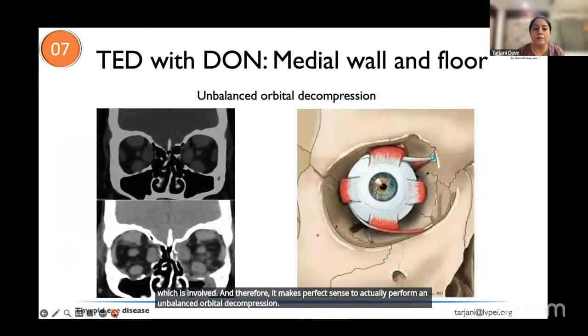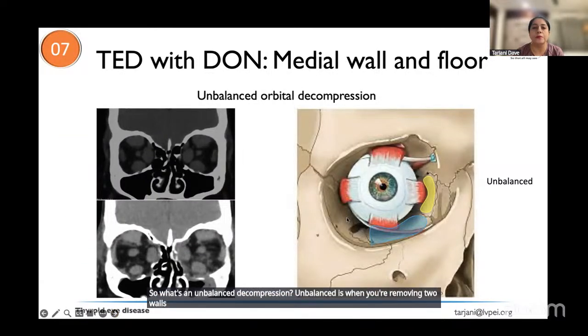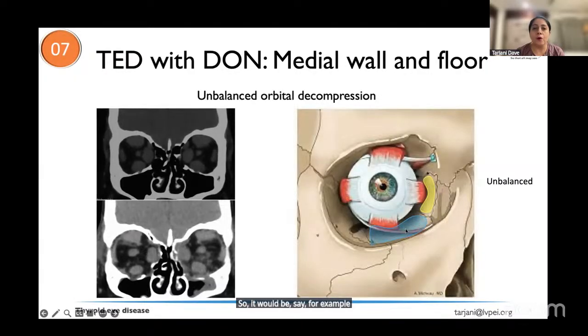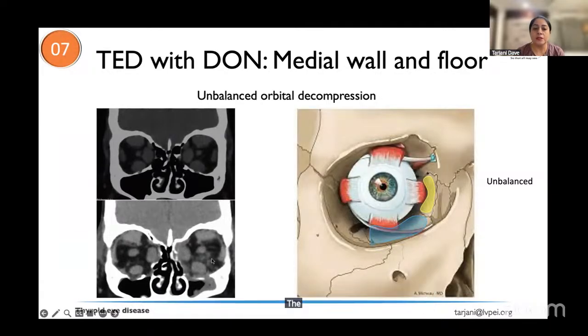So what's an unbalanced decompression? Unbalanced is when you're removing two walls which are not opposite each other. So it would be, say, for example, the medial wall and floor would make it an unbalanced orbital decompression. And you can see that that is what has been performed for this lady, where the medial wall as well as the floor have been decompressed. The orbit is certainly more roomy now, and the muscles have actually moved away from the optic nerve,